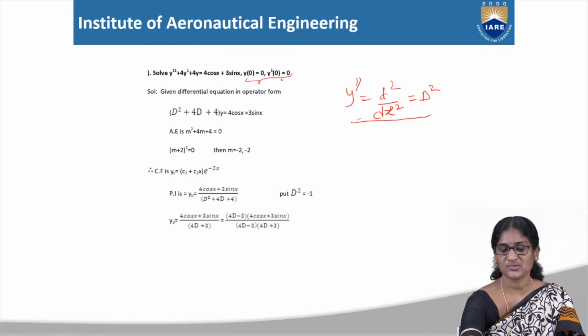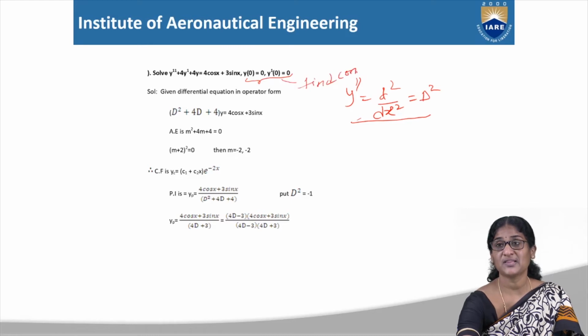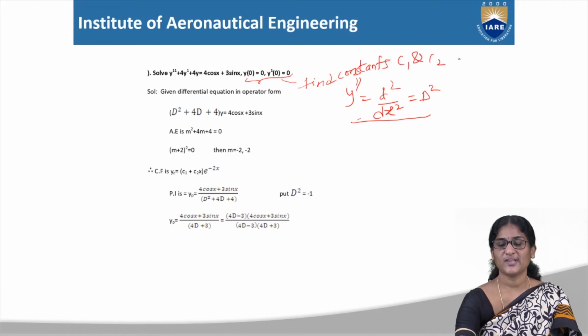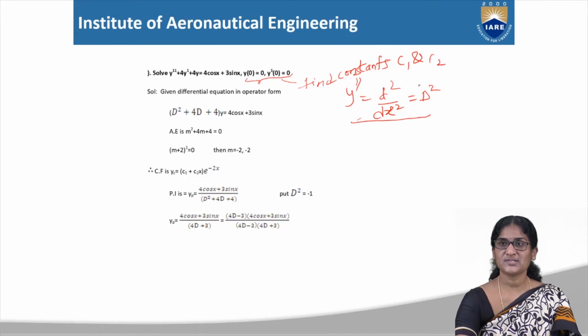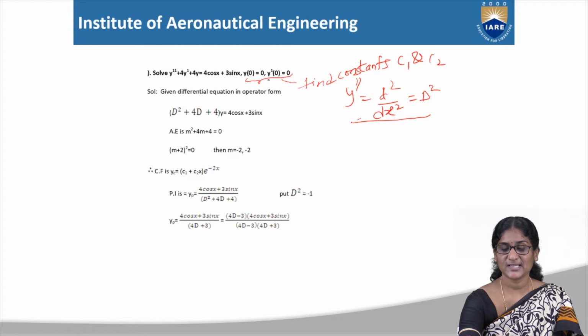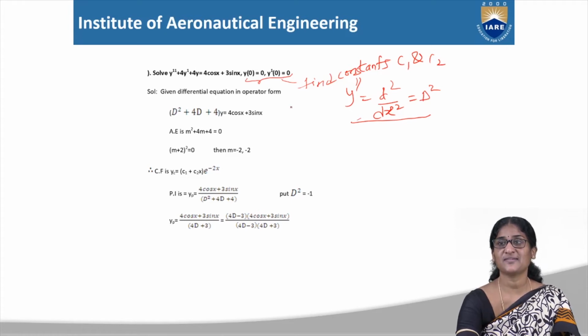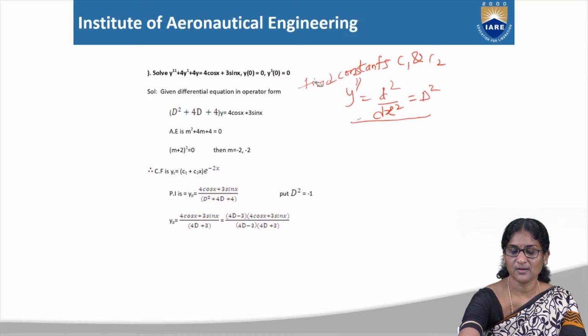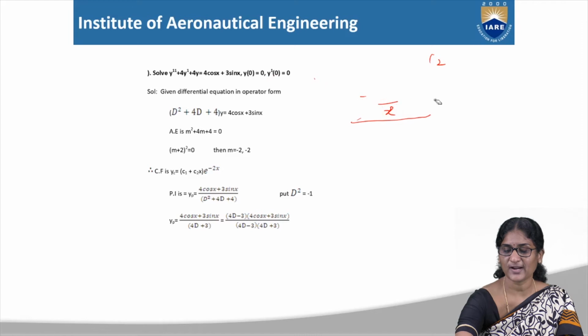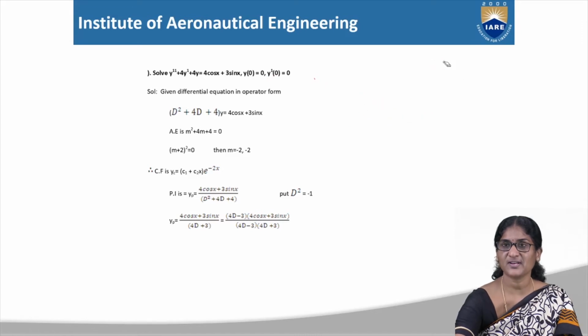These conditions are used to find constants, that is c1 and c2, which are framed in the complementary function. So with the help of these two conditions, we are going to find out c1 and c2. Most of the questions won't give these conditions. These are called initial conditions. These initial conditions are used at the end, after getting the general solution of the given differential equation. So afterwards we'll think of these constants. First let's see how to find the particular integral and complementary function for the given differential equation.